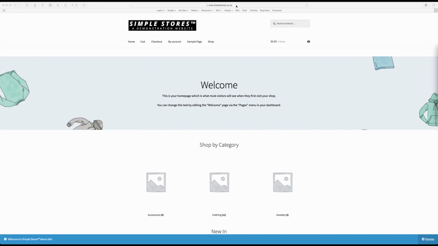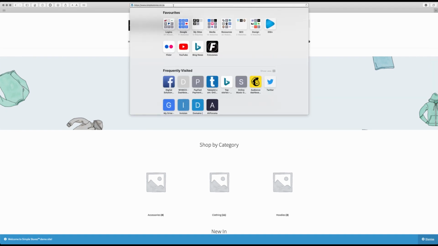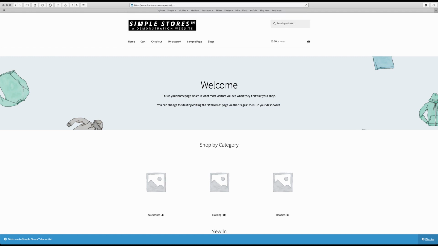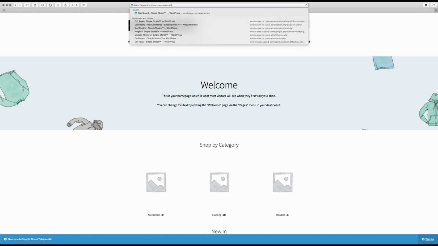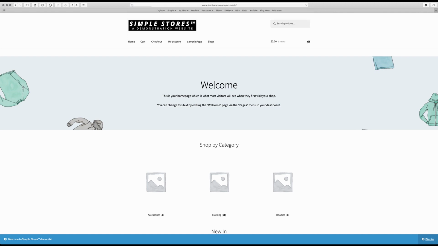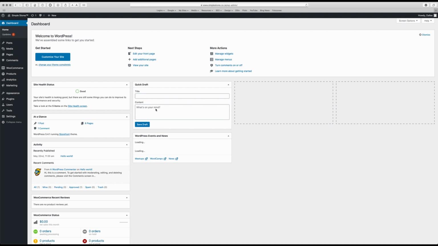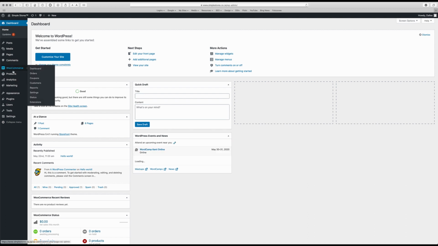Okay, so first step is obviously to get to the WordPress dashboard, which we do by typing in wp-admin. That will then open up your login screen. And once we're in, we go off to WooCommerce on the side here and we look for the products item. So clicking on that,